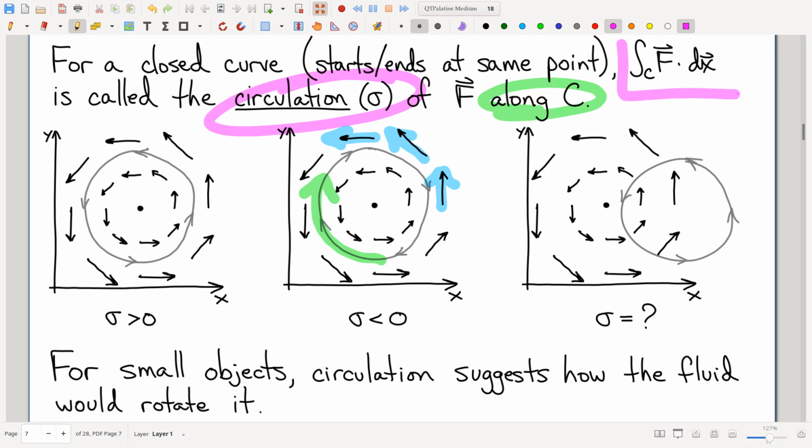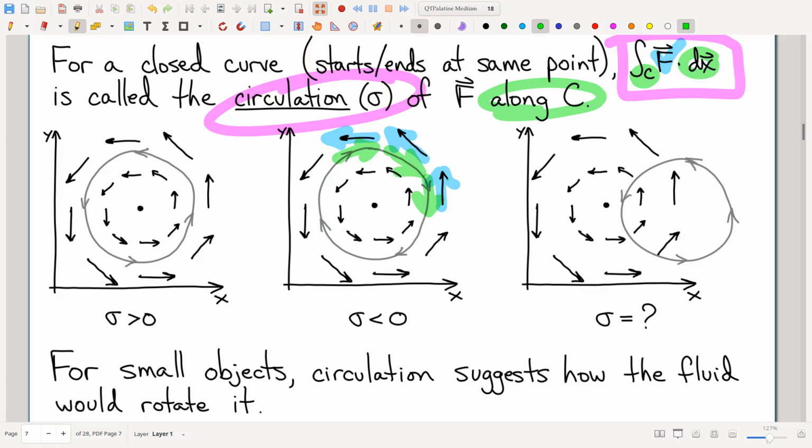Circulation is an integral that, yes, does depend on the fluid, but it also depends on the curve, right? You might think of this as a comparison between how the fluid is rotating and how the curve, as you go around it, your position is kind of rotating in a sense. So if we were to play this same game of dot products with the dx vector as we go this direction